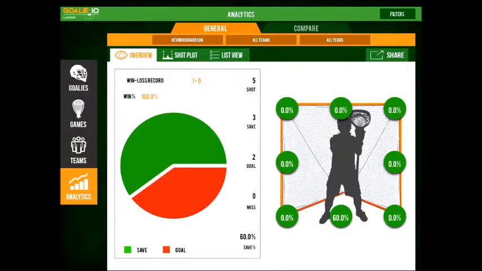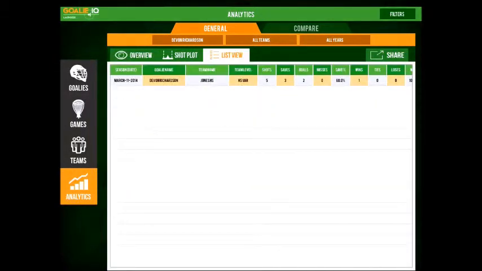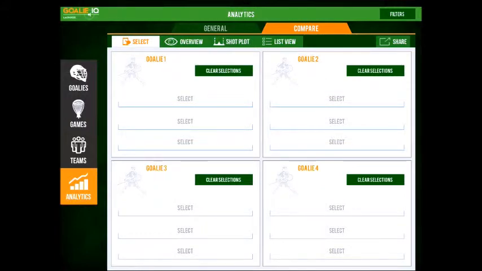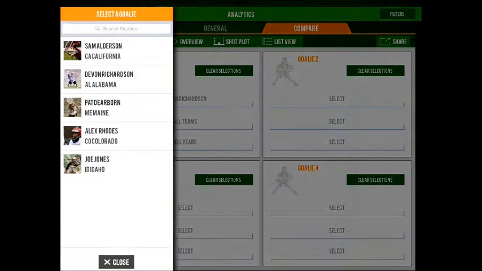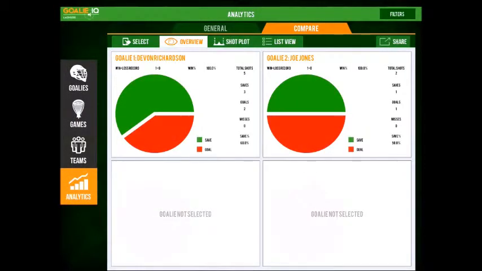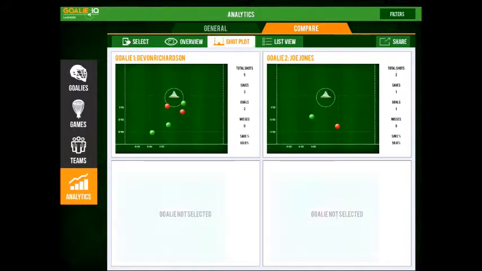Now, another nice feature of the system is if I look up at the top next to the General tab, you see Compare. If I touch Compare, it allows us to do a side-by-side comparison of the different goalies. So if I hit Select, I can say Goalie 1, I want to take a look at Devin. Goalie 2, I want to take a look at Joe. And then I'm going to look at their overview charts side by side, or their shot plots side by side. I have a filter still applied here for Kings University,